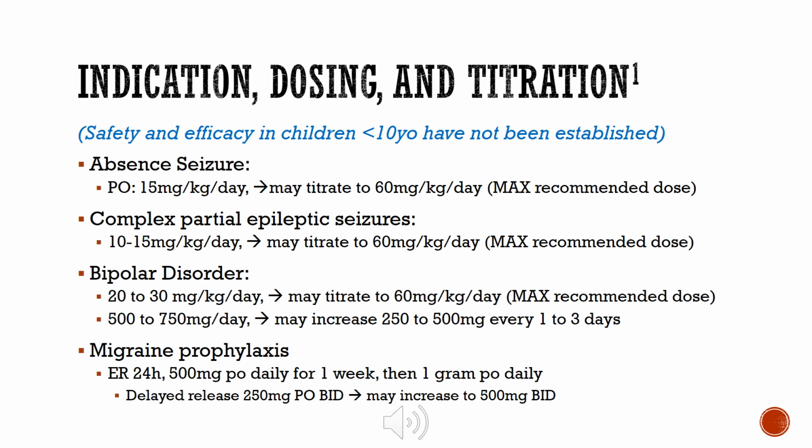For bipolar disorder, it's a slightly higher dose. We could start with 20 to 30 milligrams per kilogram per day, and then titrate again to the max of 60 milligrams per kilogram per day. We could also initiate 500 or 750 milligrams per day, and then increase by 250 to 500 every 1 to 3 days. For migraine prophylaxis, we could start with the extended release 24-hour tablets, 500 milligrams daily for 1 week,